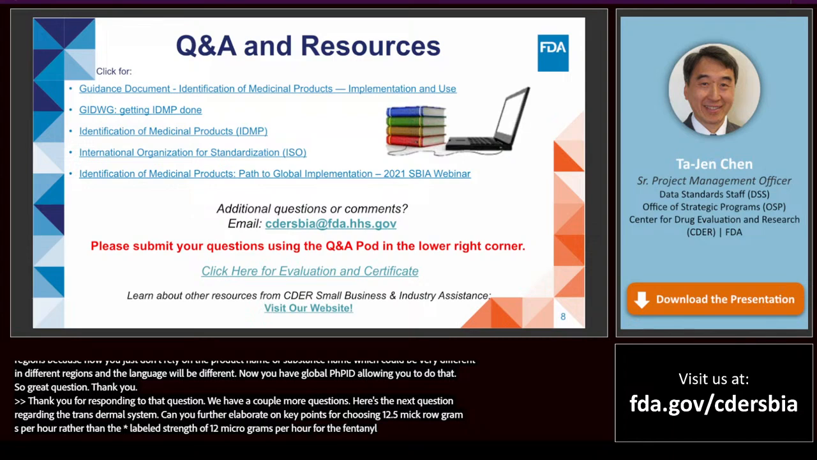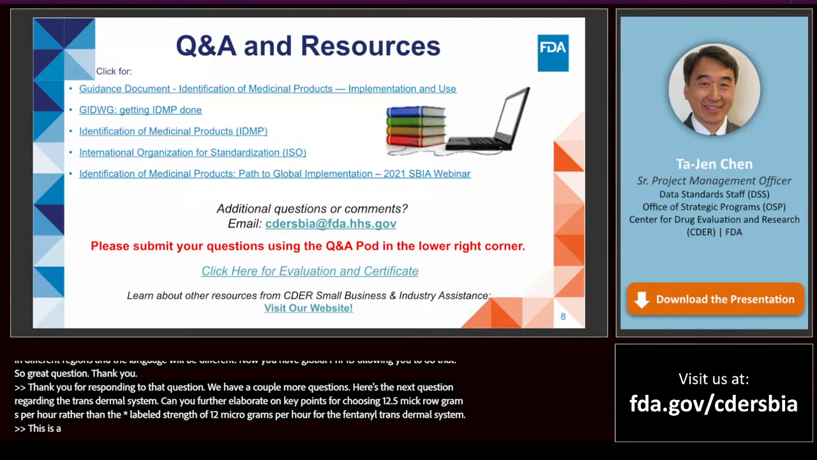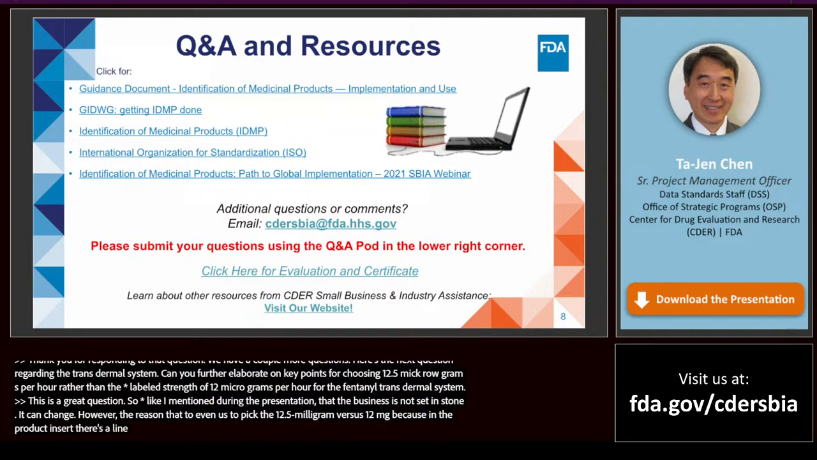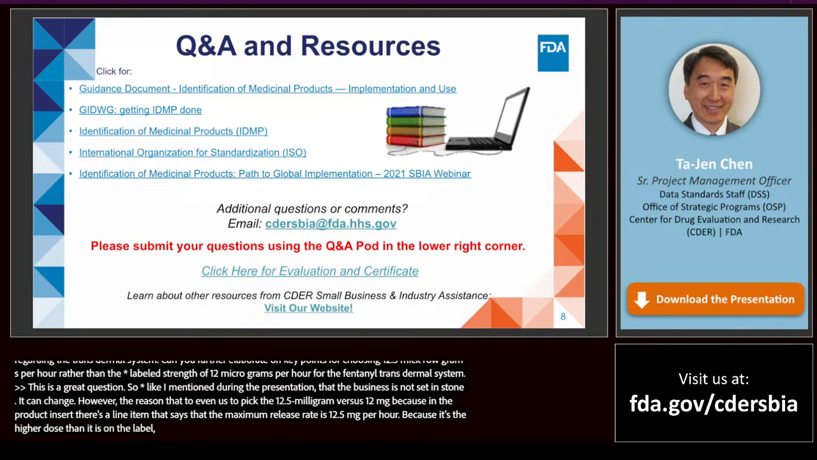Again, thank you. This is a great question. Like I mentioned during the presentation, the business rule is not set in stone. It can change. However, the reason that drove us to pick 12.5 versus 12 is that in the product insert, there's a line item that says the maximum release rate is 12.5 micrograms per hour. Because it's a higher dose than on the label, we feel it is important to use